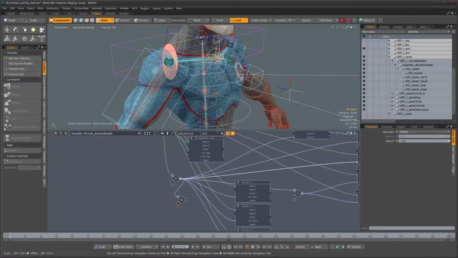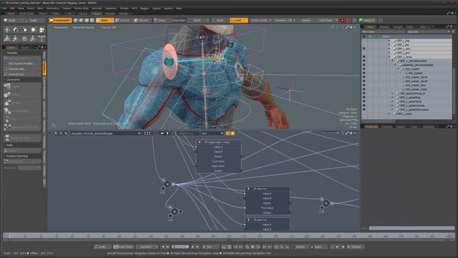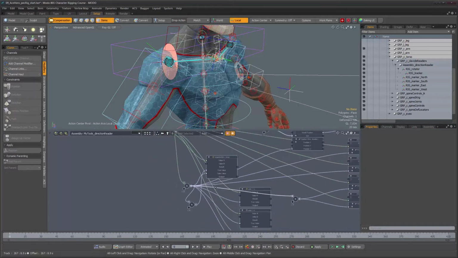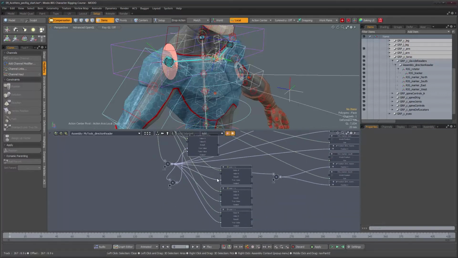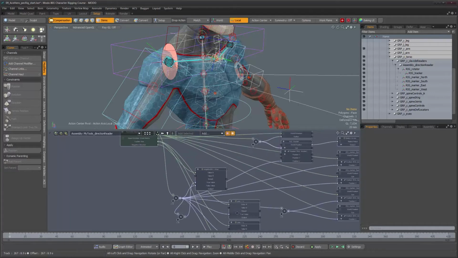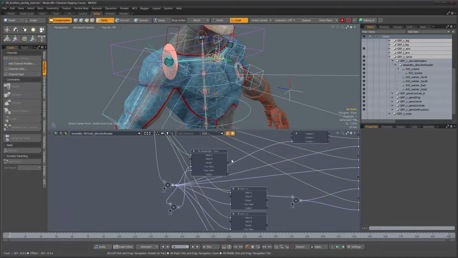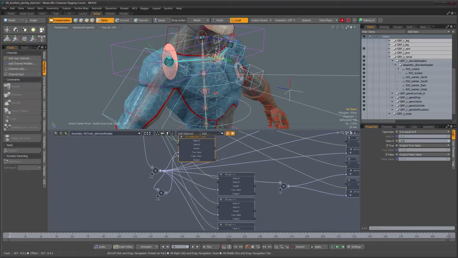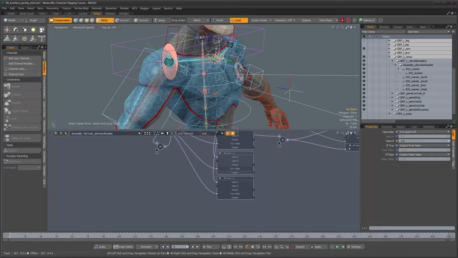Okay. And we're going to take this test and it's going to say, okay, if the negative direction is true, then we're going to use this, or this is going to be our true value. Otherwise, this one unmultiplied is the false value. Okay, and we're going to replace these incoming values to these nodes, actually the value A, by using this guy's output. Okay, so we're going to take this and pipe it here, there, and there. All right,